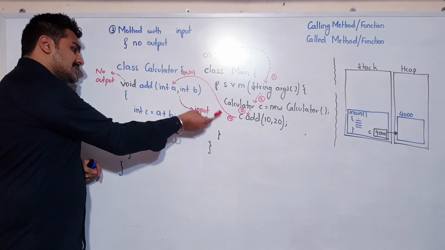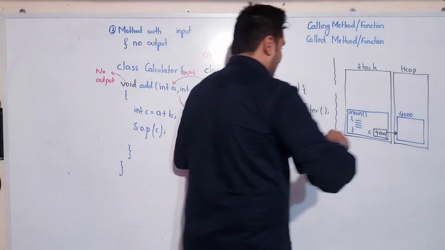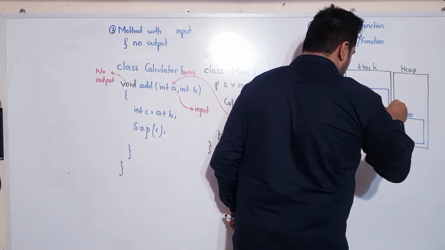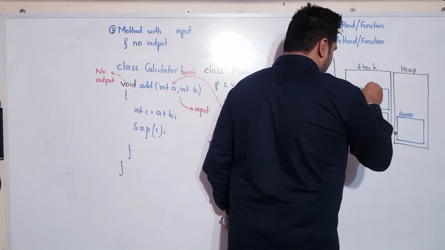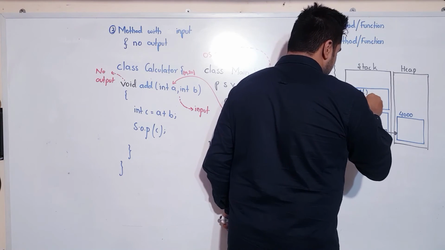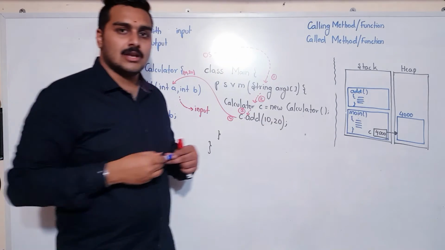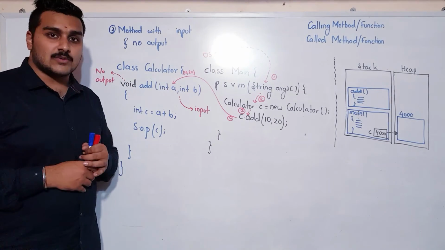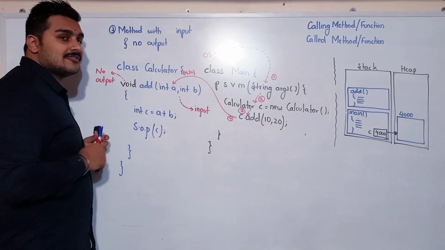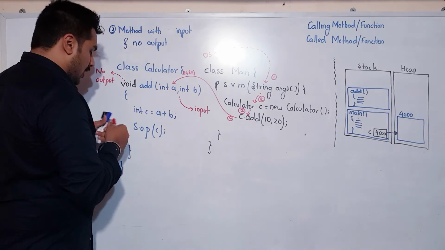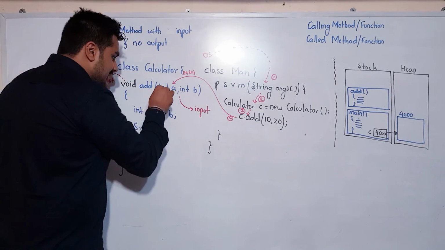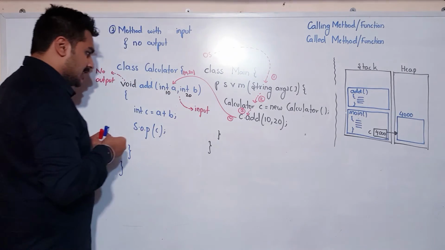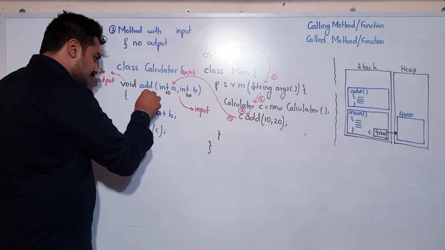So now tell me, once the control is coming here, what will happen? Activation record for your add function will get created. After that is created, what is the next thing that we should be doing? The next thing that we should be doing here is we will have to look into the function. So A is containing what? A now contains the data 10. B contains 20. Now I will enter inside the function.